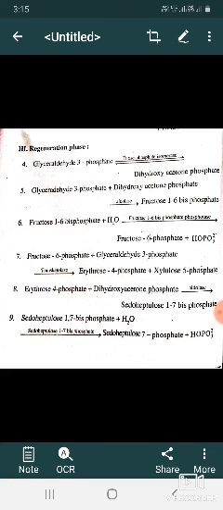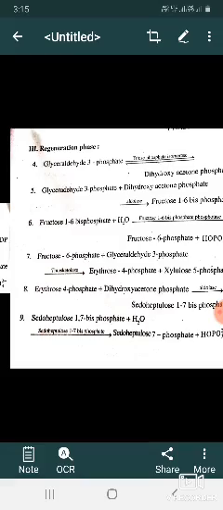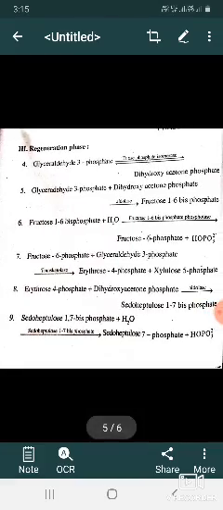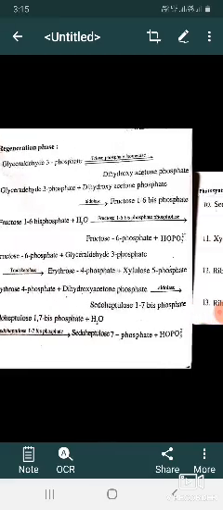Erythrose 4 phosphate plus dihydroxyacetone phosphate give rise to sedoheptulose 1,7 biphosphate. Sedoheptulose 1,7 biphosphate plus H2O give rise to sedoheptulose 7 phosphate plus HOPO3. Sedoheptulose 7 phosphate plus glyceraldehyde 3 phosphate